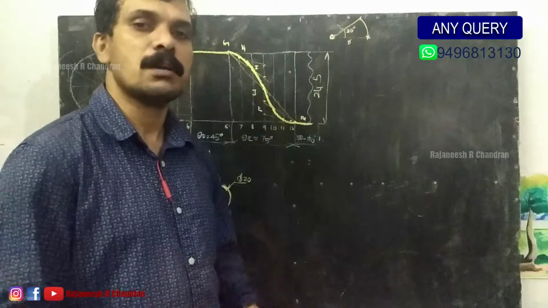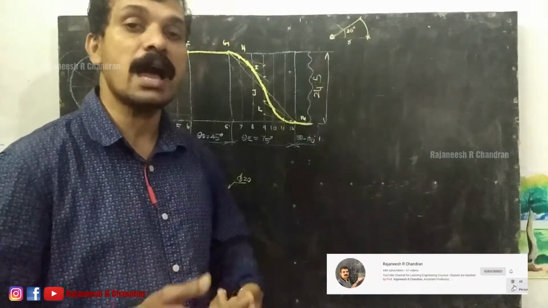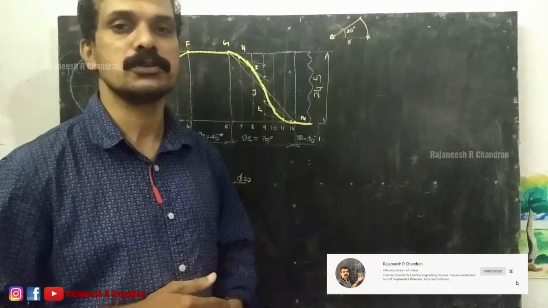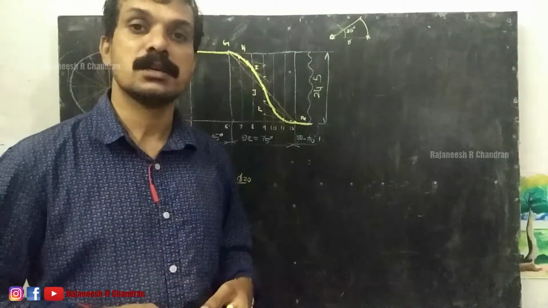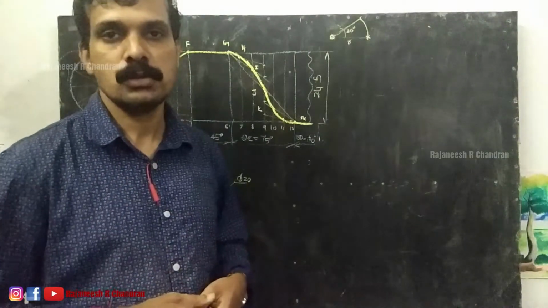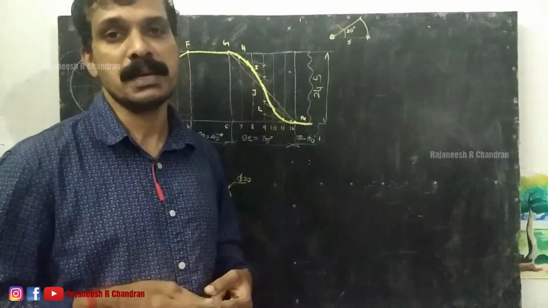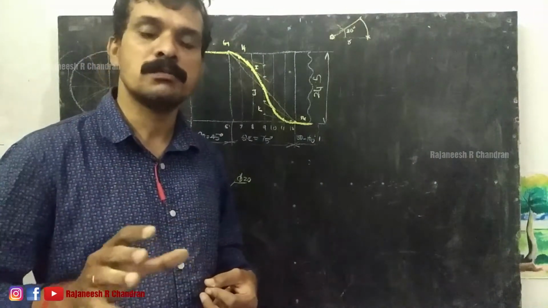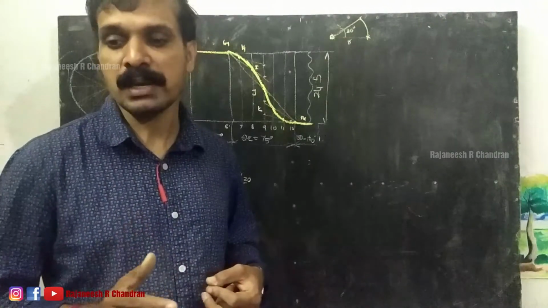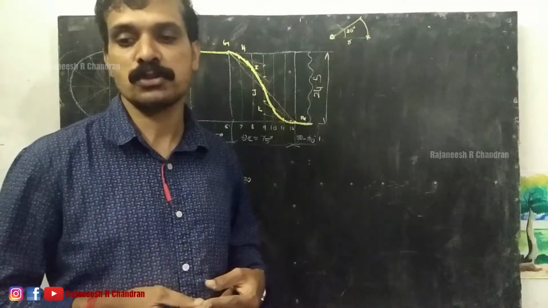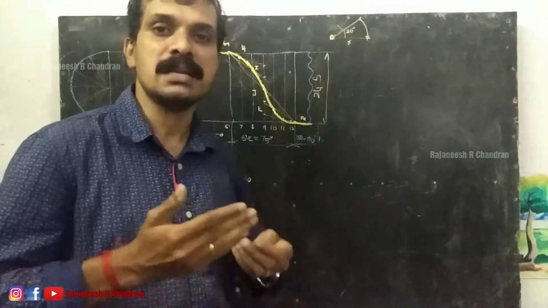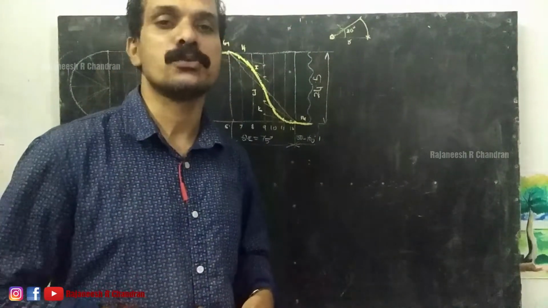So for constructing the cam profile, we need to have certain data, right? One thing is the radius of the base circle. Since this is a roller follower, we have to draw the prime circle also. So we need the radius of the base circle. The radius of the base circle is not given in the question, but it is given that the location of the pivot point is 70 mm to the left and 60 mm above the axis of rotation of the cam,